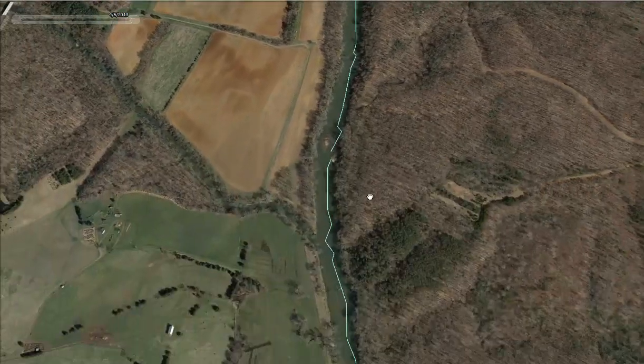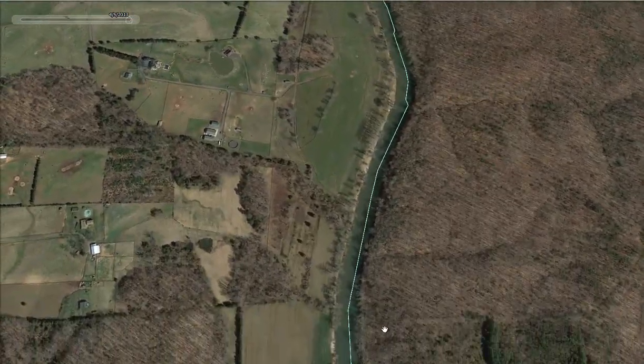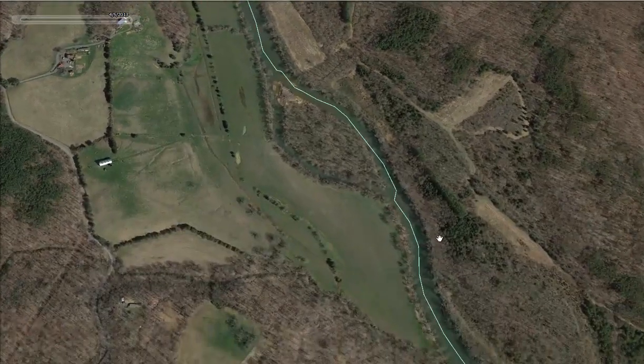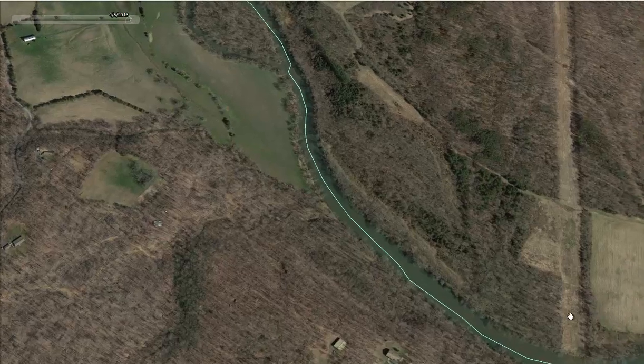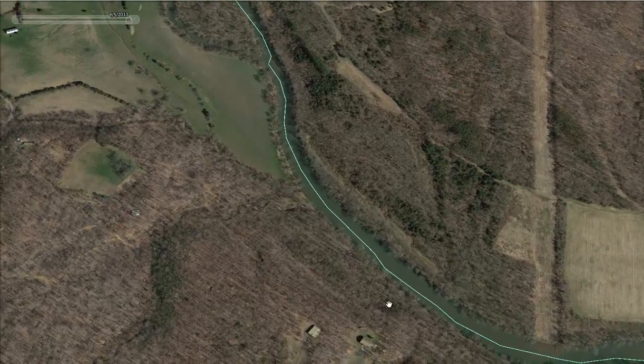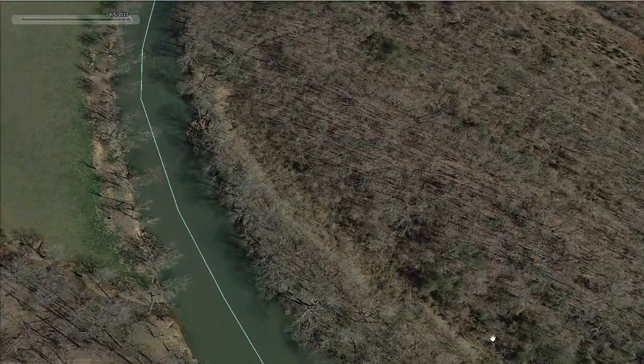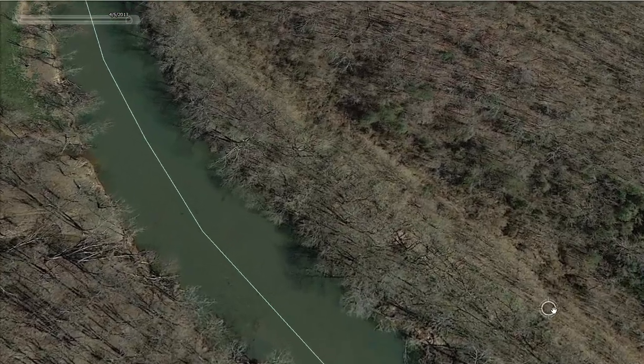And I know it's a few mile walk. You could break it up into some sections. One day walk part of it, and see where them deer are crossing this river, and stuff like that. The other reason I would like to walk it is because I think you're going to find some pretty thick